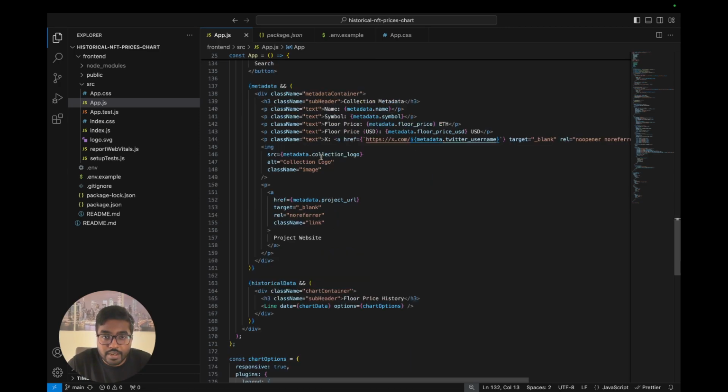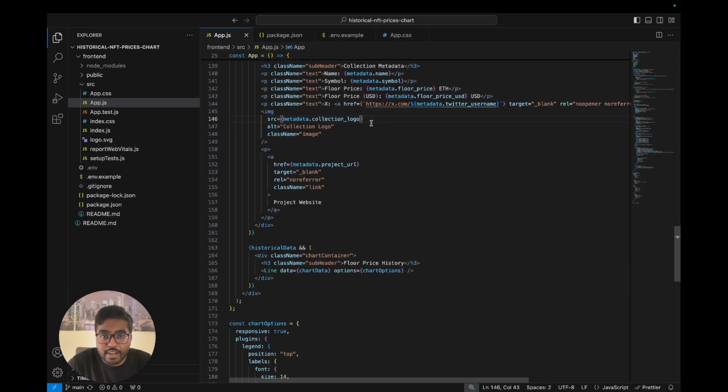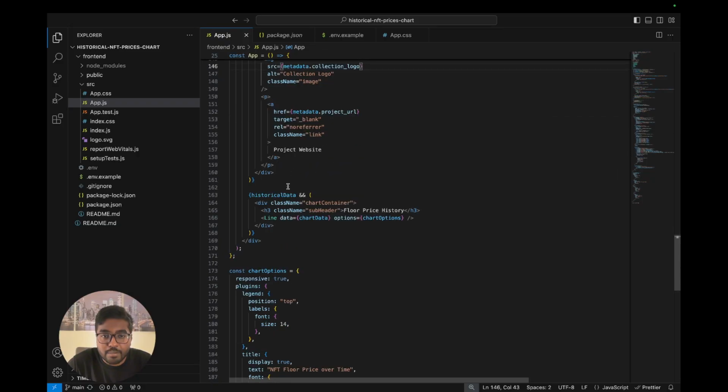So this is how you can essentially get the NFT floor prices. Once you've gotten that, you're displaying the collection metadata for the first API right here. After that, we are getting the historical data that we just reversed in order to show it in the form of a line chart. So this is the